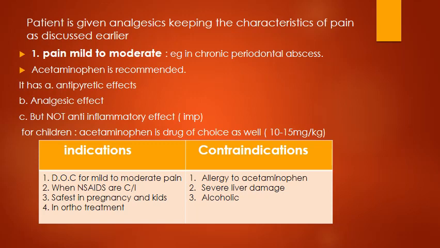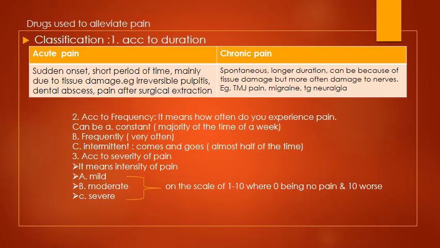Before we move on further, let us discuss briefly about pain. We'll come back to this slide later. Why is it important? First of all, this will help you in the diagnosis part. Whenever you are given signs and symptoms in the history and you have to make out a diagnosis, like whether this is pulpitis, irreversible pulpitis, or abscess, or acute pain, chronic pain, these are very helpful in those scenarios as well. So let us discuss briefly about these.